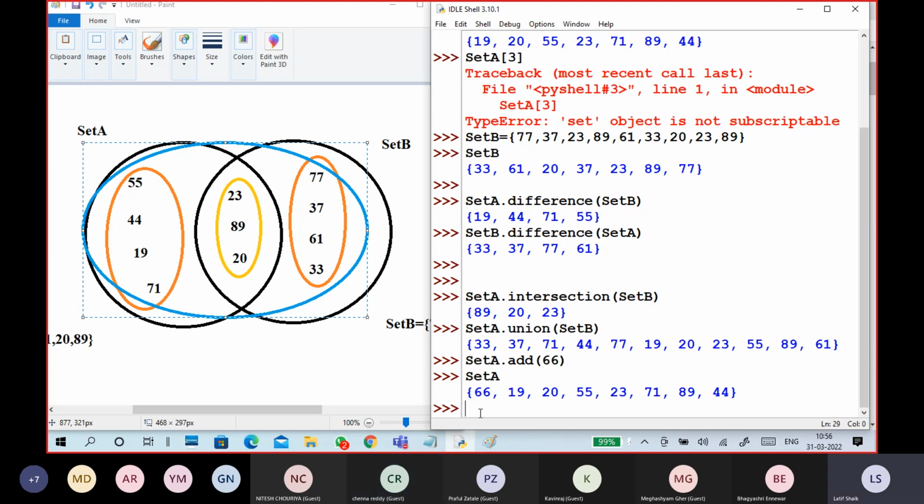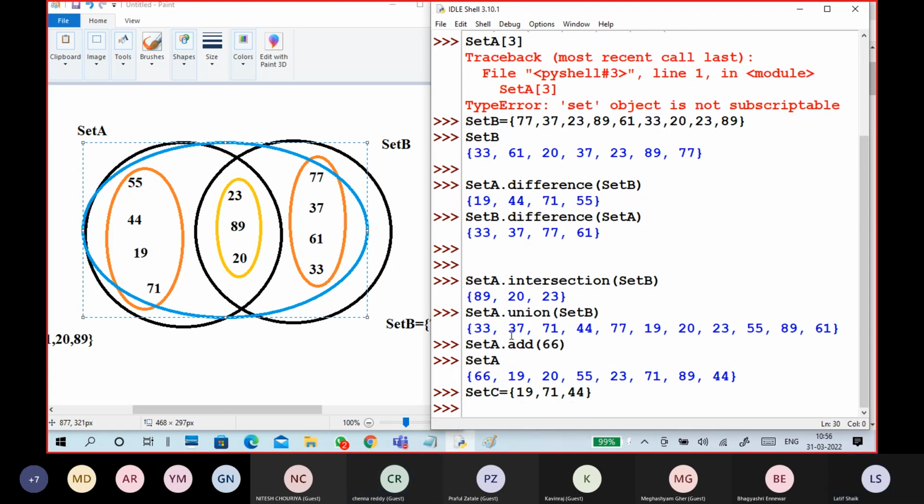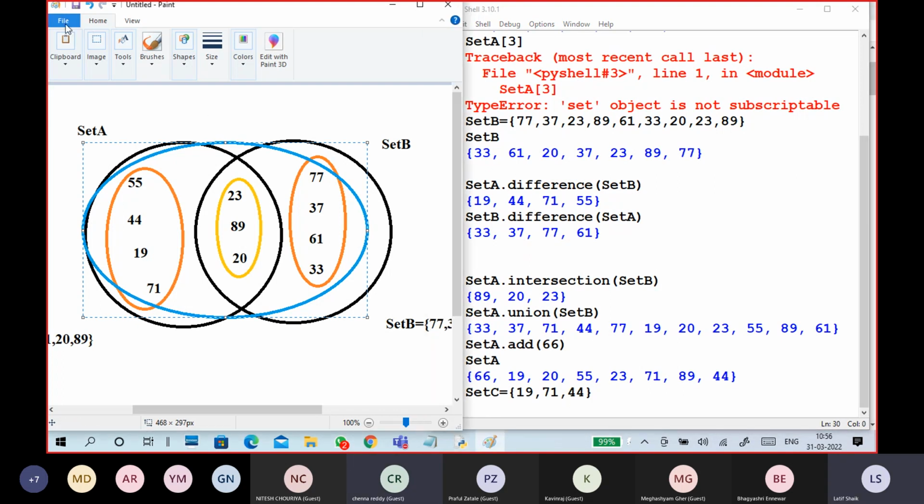Next, I will create another set. Set name is set C. I'm checking with some numbers, like 19, 71, 44. Okay, so this is my set C. In set C, I have numbers like...